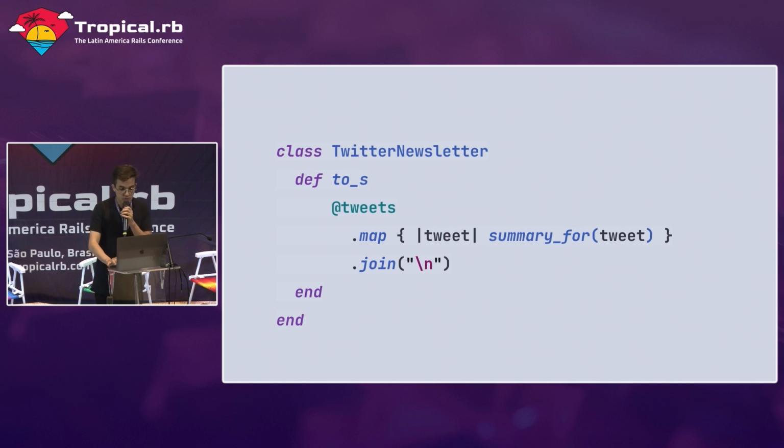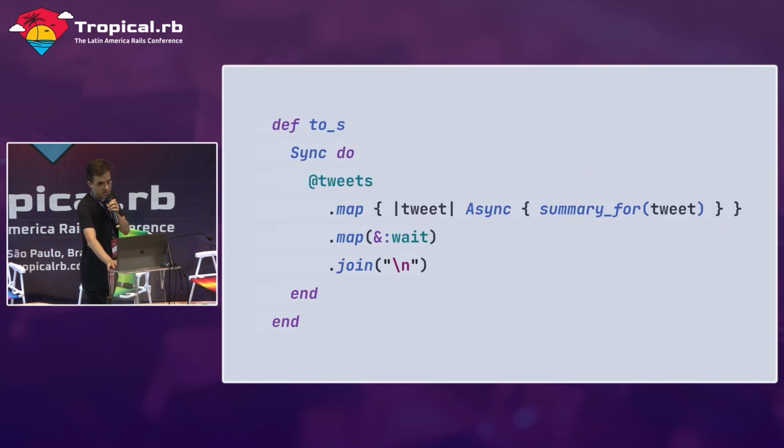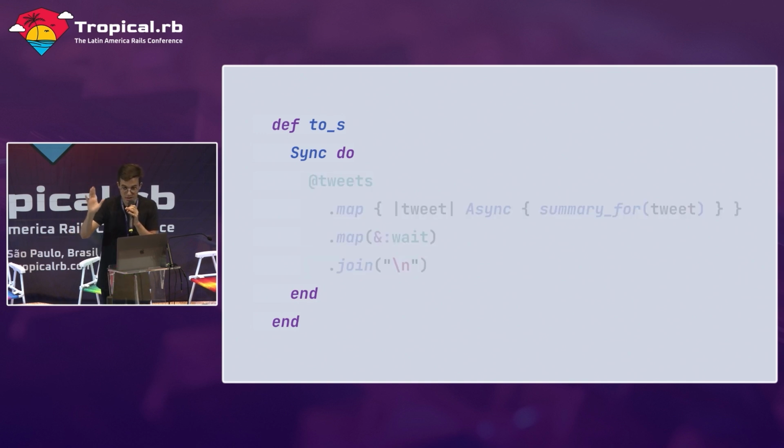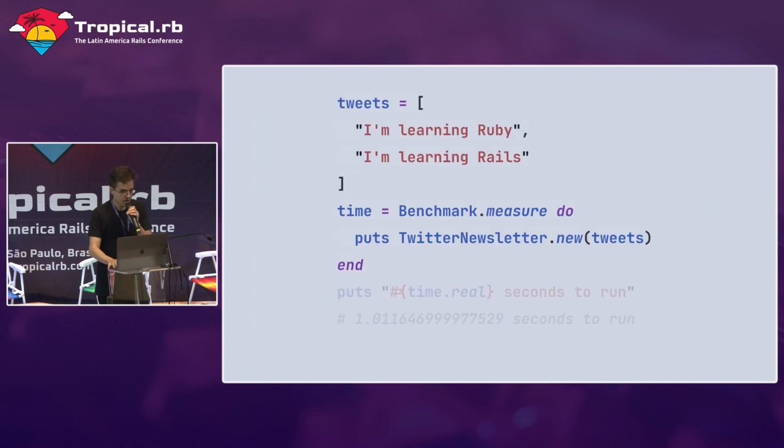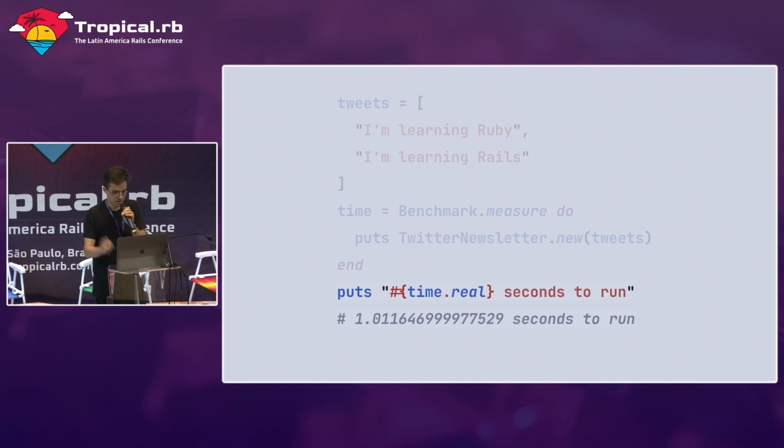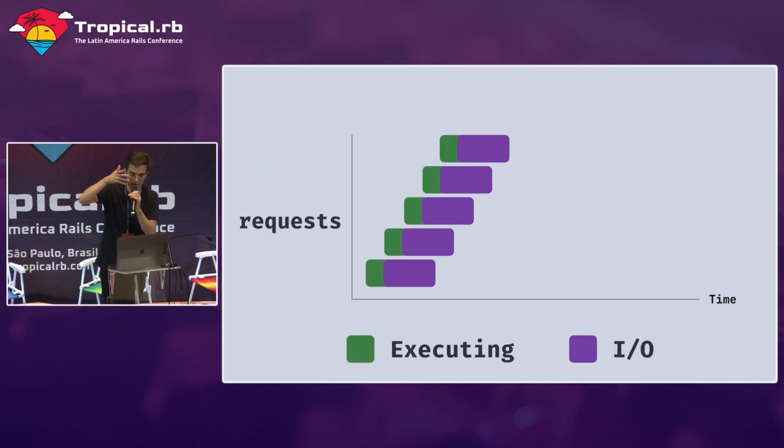We can do those requests that we are sleeping in this example in parallel. Basically, that's everything that we needed to change using the async gem. We have to wrap the code in this sync block, and for each summary, we generate it inside this async task. And then we wait for all the tasks to complete. Running the same benchmark again, it's running in 1 second, because we are executing all of those